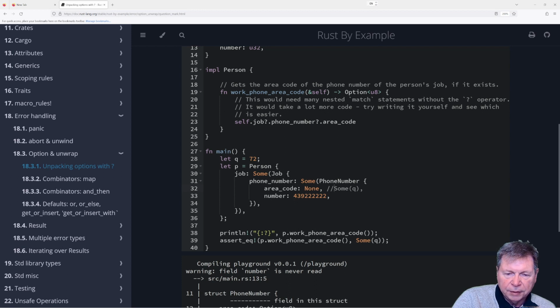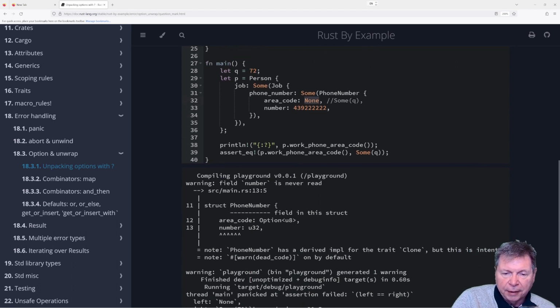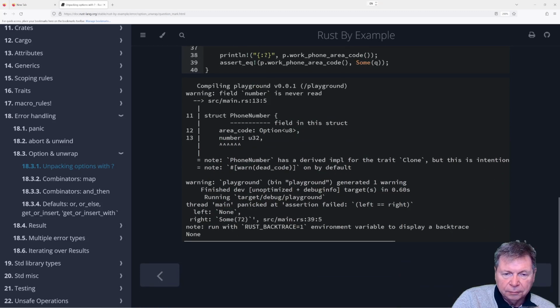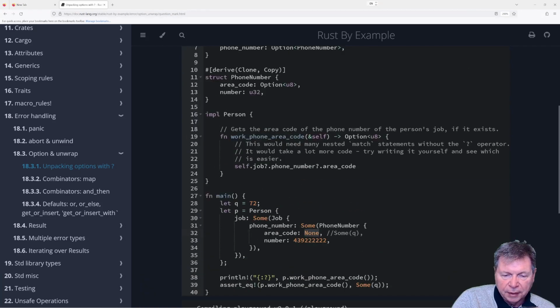So we're either going to have a None area code or we're going to have a Some area code. But we have to initialize it. It looks like we can't just not say area code, because then we get a compiler error, not just a warning, saying, nope, that thing needs to be defined.